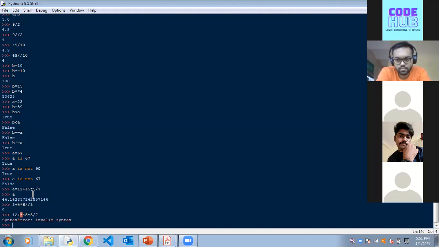When you put 12 and 12 side by side, it will be string concatenation, right? You can't do arithmetic operation on it until and unless you put an operator in between those operands. I hope it is clear.